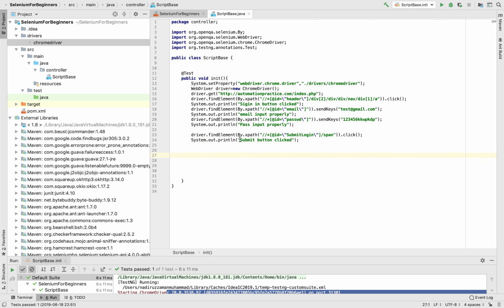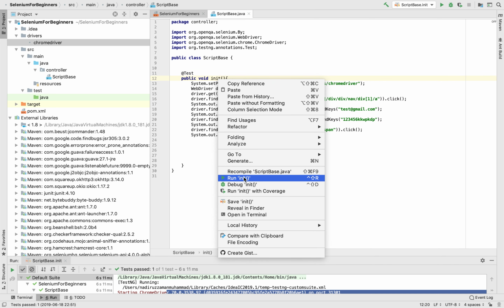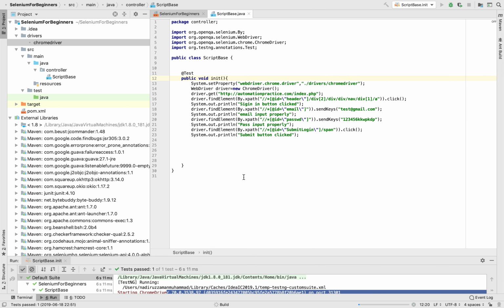So now let's run the test. If all the steps provided are good, it will print out this message. So if I run the test again, right click, run integration. It runs the init method, which is the test method, and in the test,